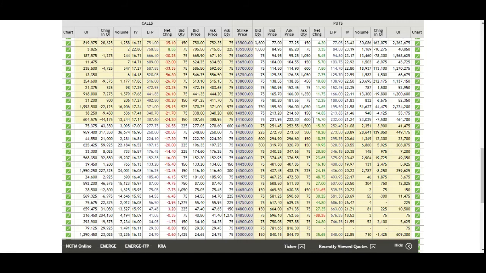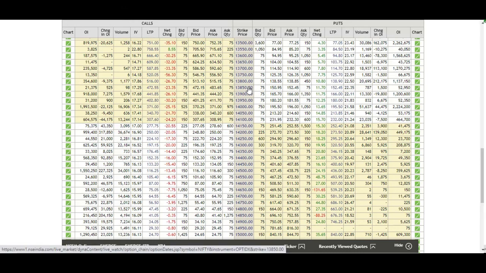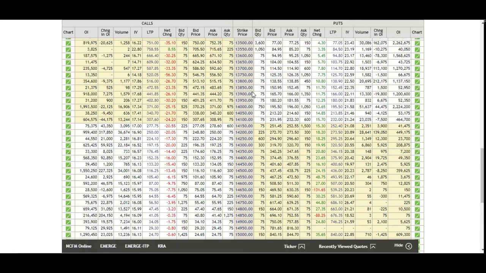Same for the put option: if you see the strike prices which are lower than the current market level, the premium will keep moving downside. Here you can see the 14,100 put option is at 232, the 14,000 is at 195, and 13,900 is 166. Because if the strike price is far away from the current price, the probability of winning is lesser for those strike prices, so they will have lesser premiums only.